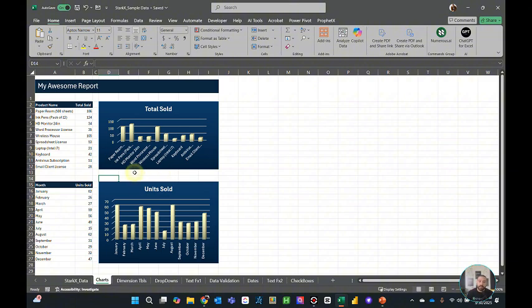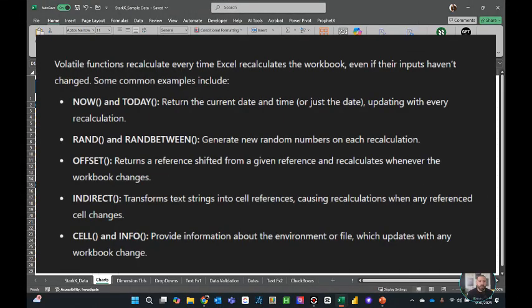The other one that people don't really know about is called volatile functions. So let's take a look here. What is a volatile function? So a volatile function essentially is a formula that recalculates every single time that there's a change in the workbook, regardless of whether or not a target cell is impacted. So things like NOW, TODAY, RAND, RANDBETWEEN, OFFSET, INDIRECT, these are all formulas that will recalculate every single time that there's a change. So you want to use these sparingly, and that will save you a lot of memory